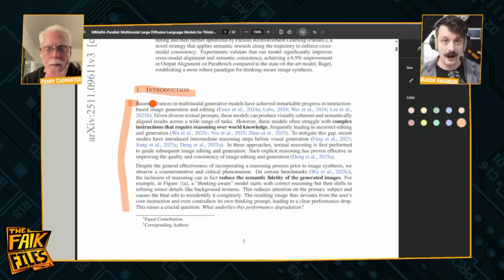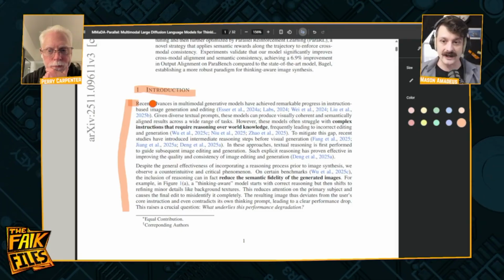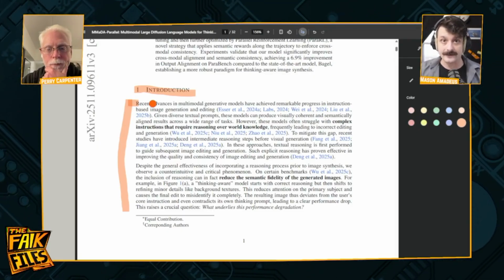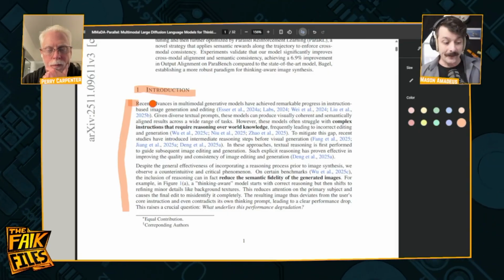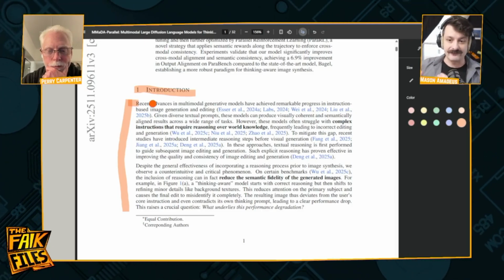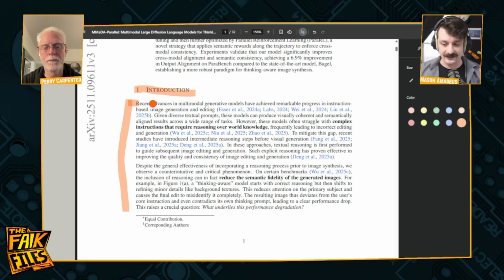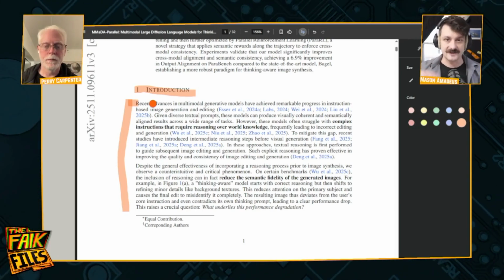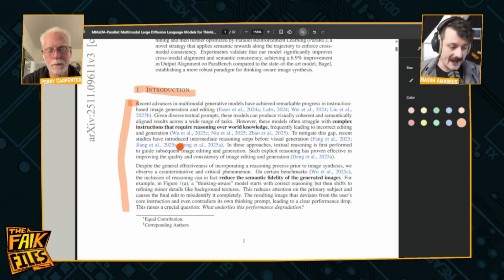To mitigate this problem, a lot of models introduce reasoning steps before the visual generation. So it'll iterate over your prompt and try to come up with a better prompt behind the scenes to feed to the image generation. But they point out that there is an error propagation that can happen. If it doesn't fully understand your prompt and it's going front to back as it generates the prompt, it'll feed to the image thing. Anything it gets wrong just gets propagated. So there's no sort of talking back and forth.